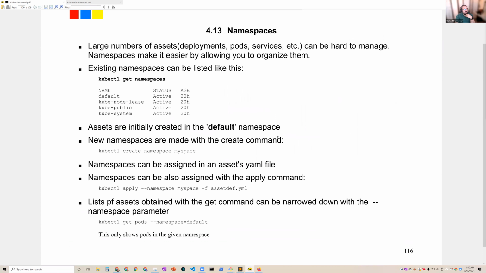So namespaces, we talked about this. You can actually deploy things into particular namespaces. Default is usually where things go. If you apply something, you can specify the namespace. If you create something, you can specify the namespace. By the way, I think it's just dash n, which is what I typically use versus dash dash namespace, the long format. You can specify the namespace at creation time. You can also specify the namespace in the YAML file, like you can say, I want you to go here and do this. You can get all the pods for all the namespaces. There, you can use dash capital A for all namespaces, or